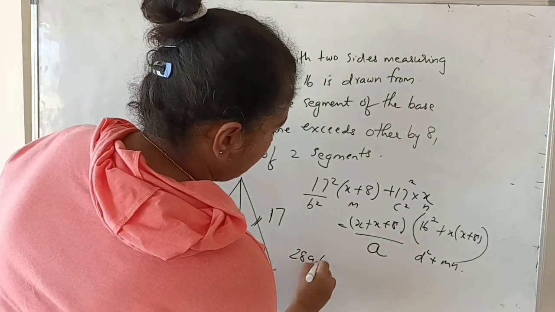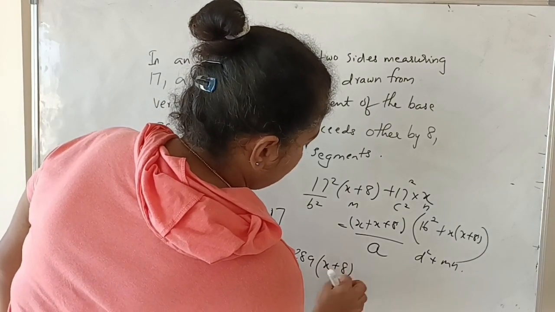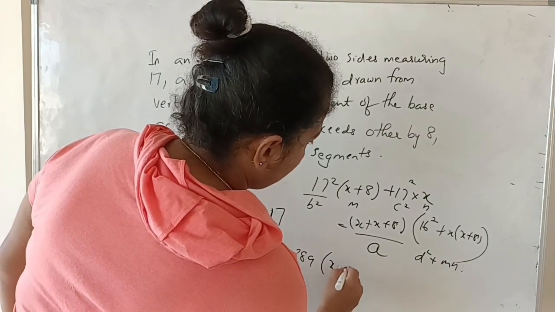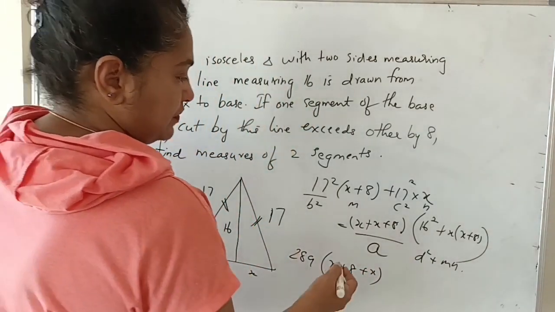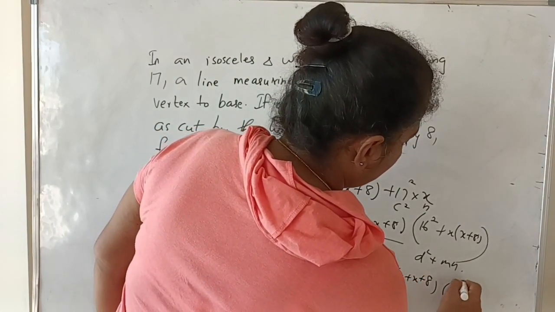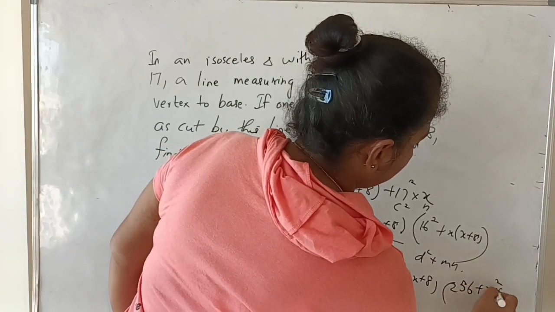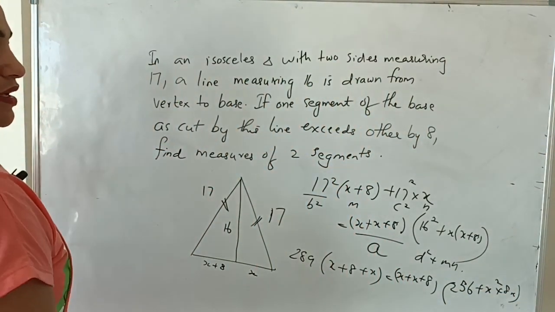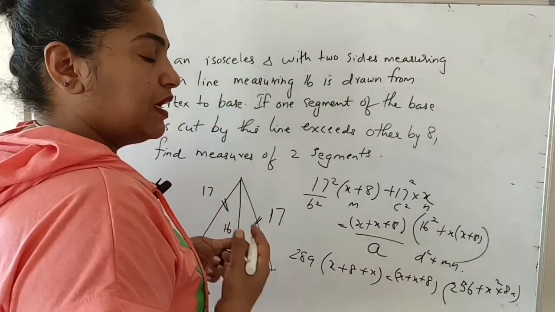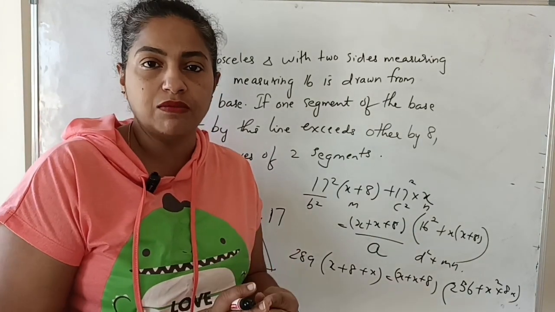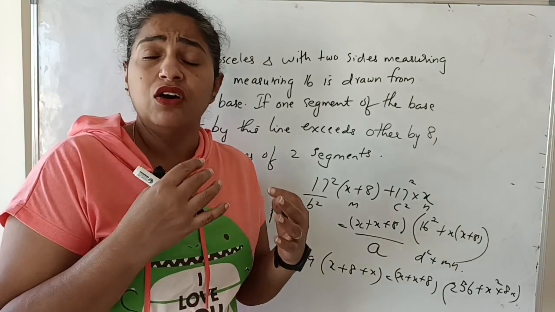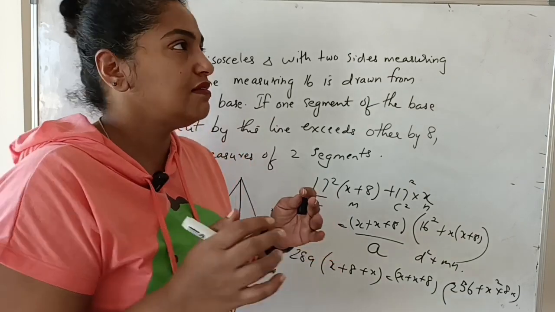So I get 289 into x plus 8. So 17 square is a common factor in this, so I will take it out. So I will get x plus 8 plus x. This is equal to x plus 8 again into 256 plus x square plus 8x. Now you can see that x plus 8 is a common term, but when you are actually solving sums, please do not cancel off the variables, thinking since they are there on both the sides, I can cancel it out. The reason being